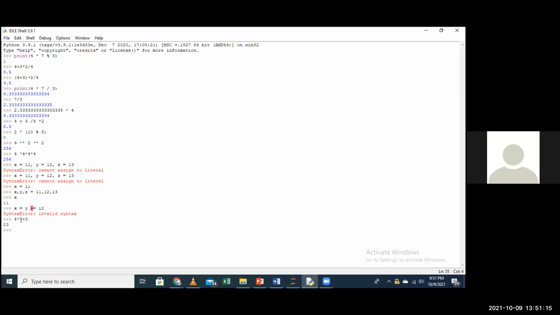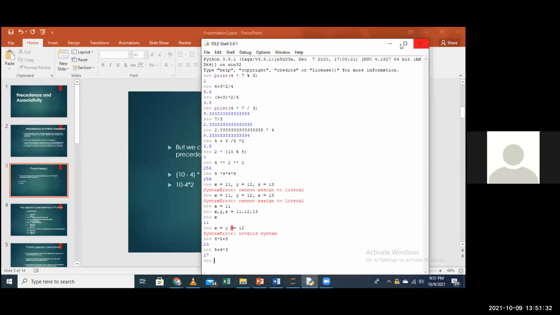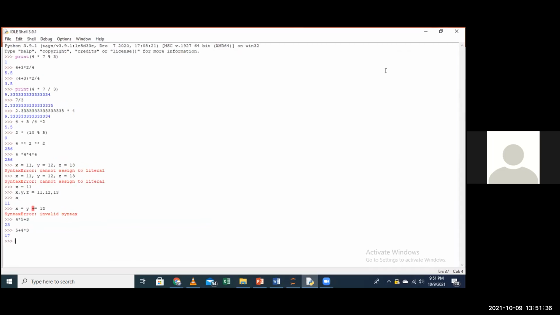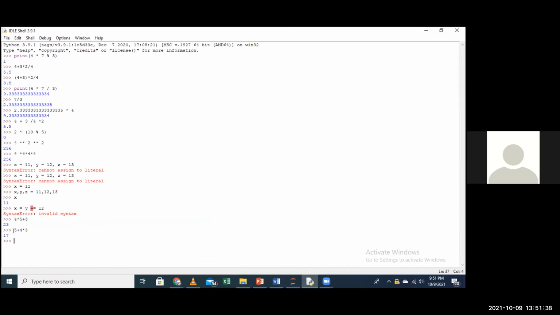Why not 5 plus 3, which is 8, multiplied by 4, which is 32? Maybe you have something like 5 plus 4 multiplied by 3. You see, that one gives us 17. Why not in the order of how it appears, 5 plus 4, 9, multiplied by 3? Why does it give us a different value?